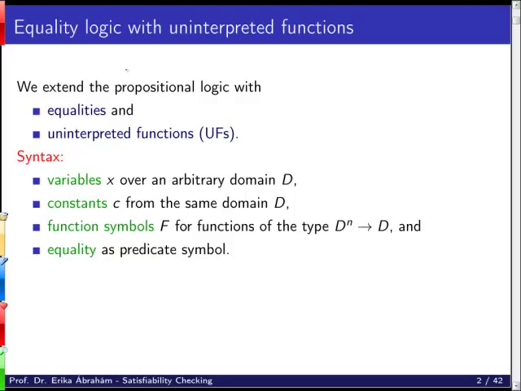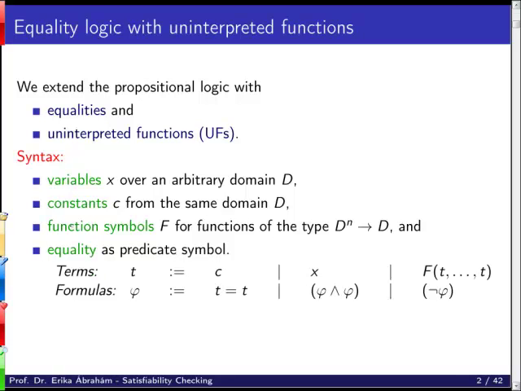So if you remember, we had the signature, and now in the signature we have the functions, and as a predicate symbol we have equality. The syntax is we have terms and formulas, like also in first-order logic we have seen. Terms might be constants or variables from these domains D, and function applications. There the number of arguments here, of course, must be the dimension of the function. And now formulas are those which have Boolean values. We may state that two terms are equal, or we have the Boolean